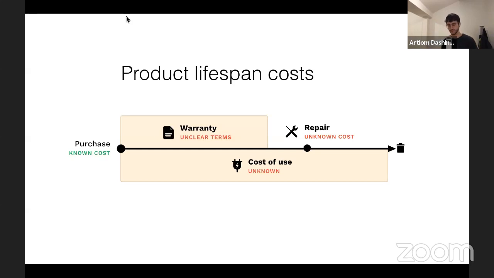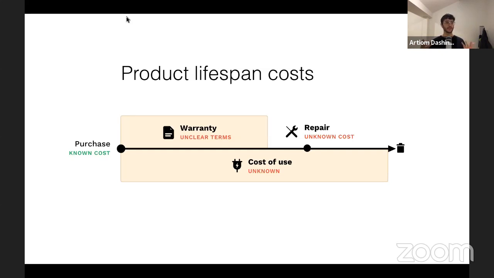So I think there's also a place for Amazon or for any e-commerce player to calculate the cost of use during the lifespan of the product, and to give this information to customers before they buy. This way they will have a better understanding of how much this product will actually cost me.